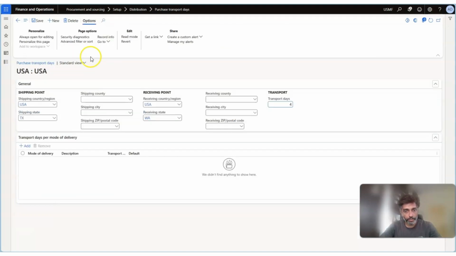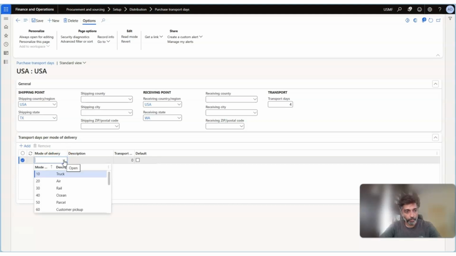So I'll go back to another tab. So this is the default transport days which will be picked by the system if you have not enabled any mode of transport as a default type. Otherwise, always this is the days which will be picked by the system. Let's say I add the mode of delivery, for truck, let's say it is 4 days, and then for